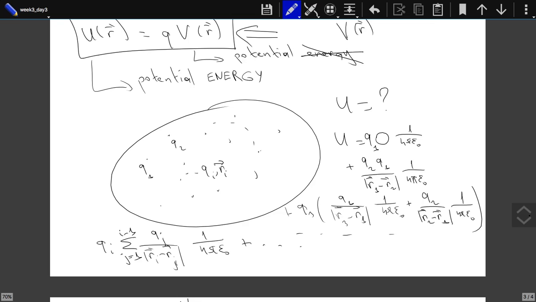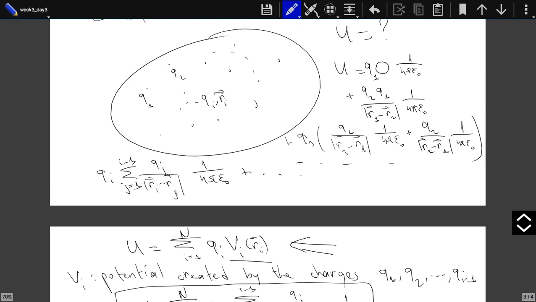Then to bring the third charge, we have to do work against the forces created by the already present charges Q1 and Q2. But these are the potentials created by Q1 and Q2. So the work that we have to do in order to bring Q3 is nothing but Q3 times the potential created by Q1, Q2. Just like that, we are basically using this expression for each one of the charges. And then when we sum them up,